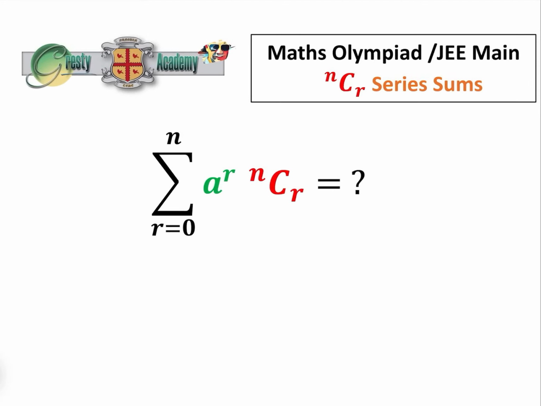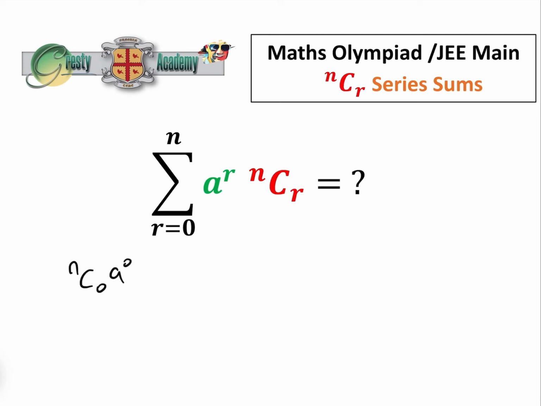This is an interesting little one. So we are asked to sum between r equals 0 and n, a to the power of r, nCr, where a is basically any constant. Okay, so let's just expand this and see what the series actually is by putting r equals 0, 1, etc. So basically it equals